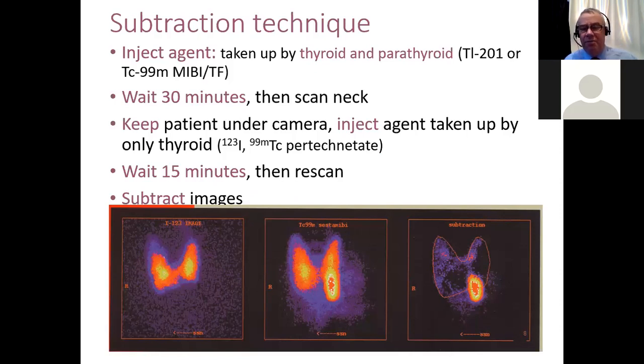inject a tracer taken up by the thyroid, such as iodine 123 or Metomidate. We wait 15 minutes and then we scan, and what we end up with is a series of images. So this is a particular set of images that one of my colleagues who works in Kent took. So there's an iodine 123 image, which is the thyroid, and then there's the MIBI image, which has got the